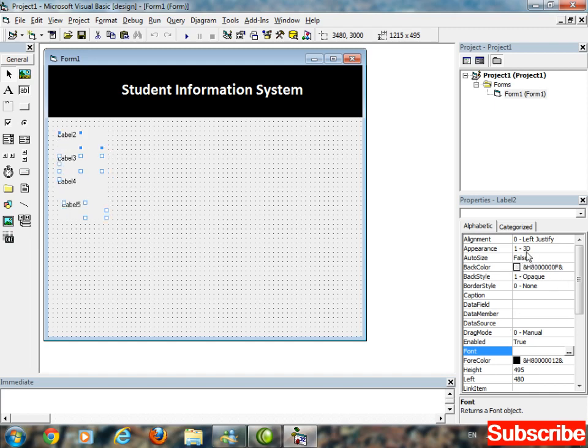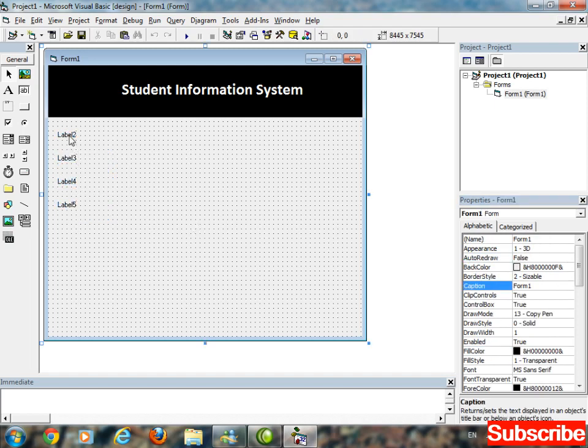Change the auto size property of the labels to true. Now just rename the caption of each label.